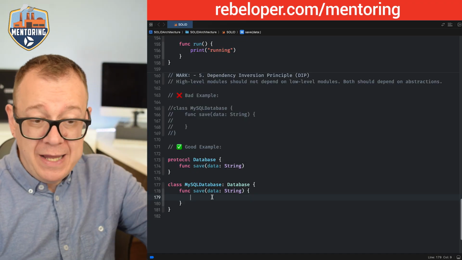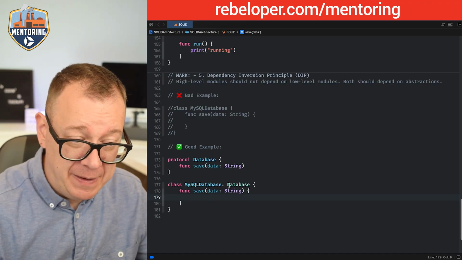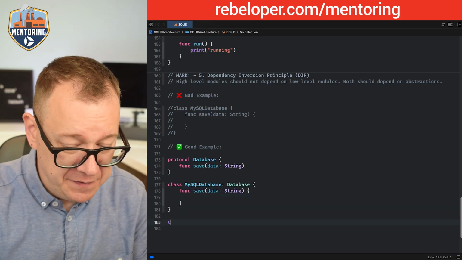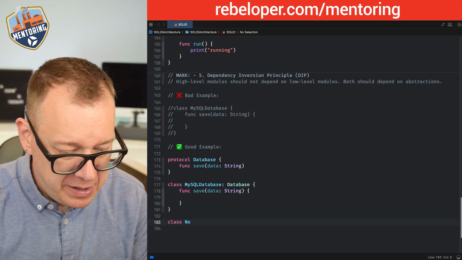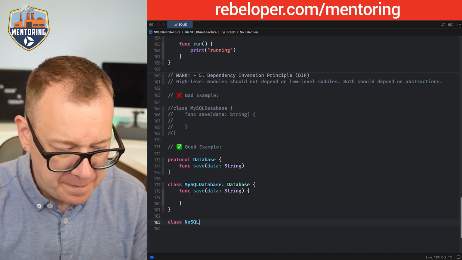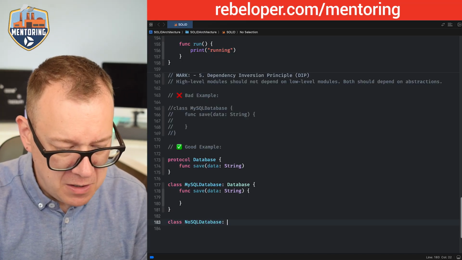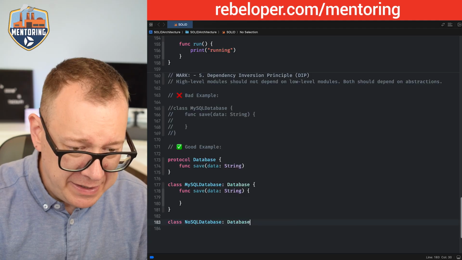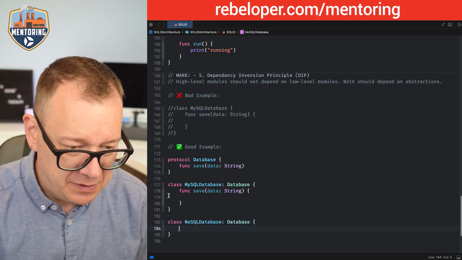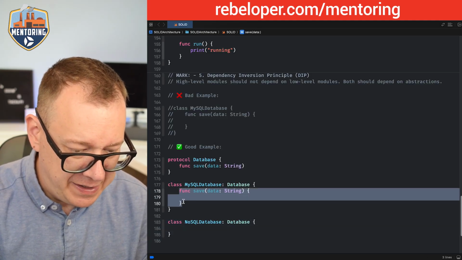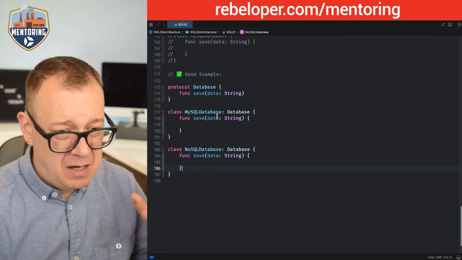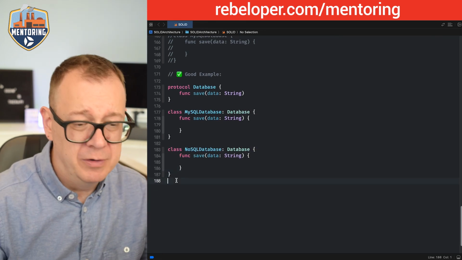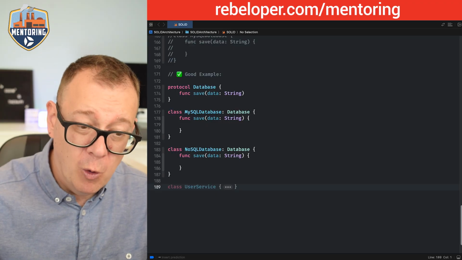Now we could have another type of database. Let's just have a class of NoSQL database. There we go. And again, it would be a database. And then again, function save the data. Okay. So now that we have these two, or it could be one or even more,